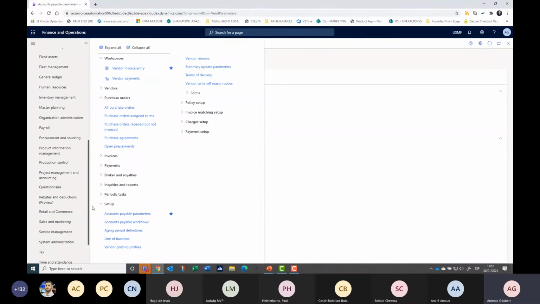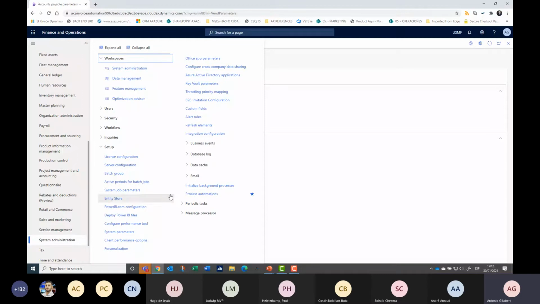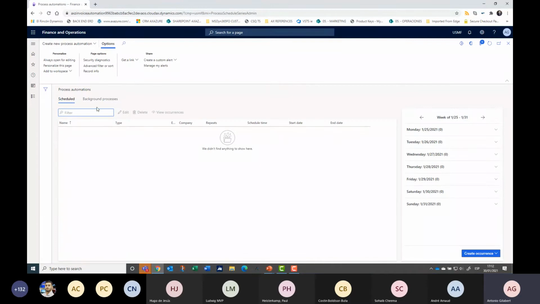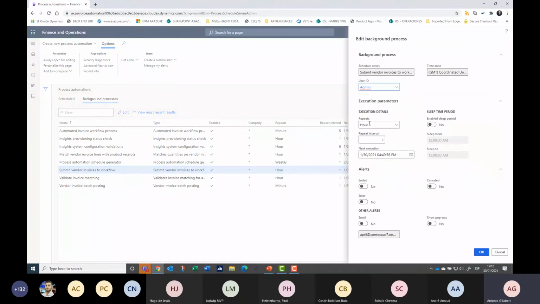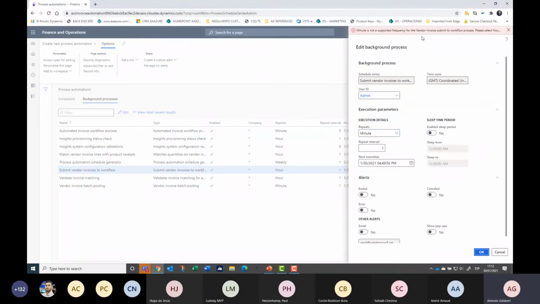If you go to system administration, it's important in this section, named process automations, to enable submit vendor invoices to workflow. For this specific process, if you want to set up repeats by minute, it's not possible, because the minimum frequency is the hour.